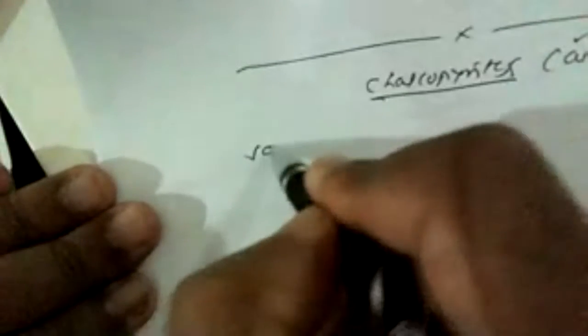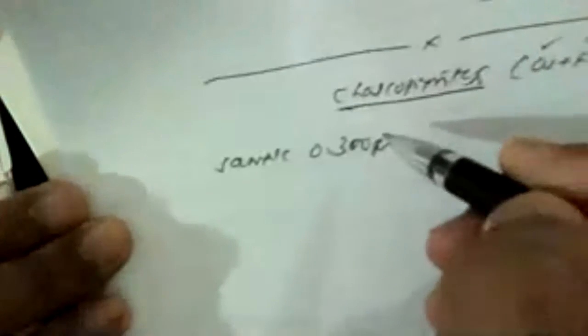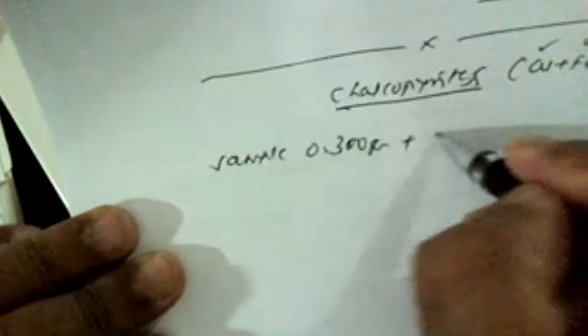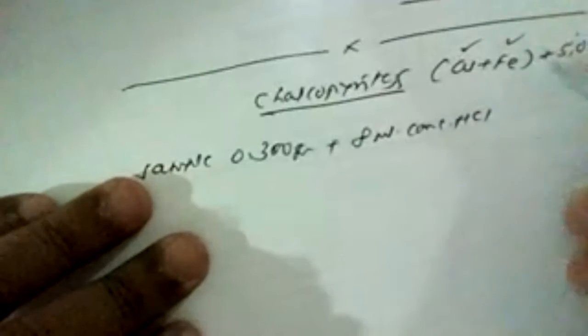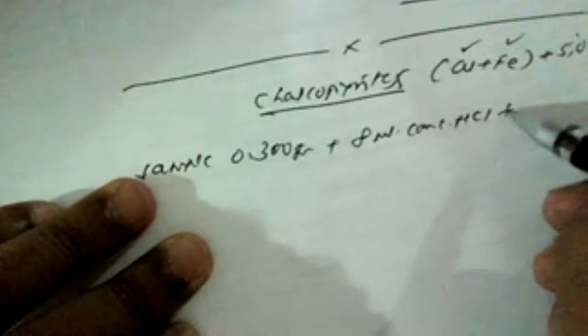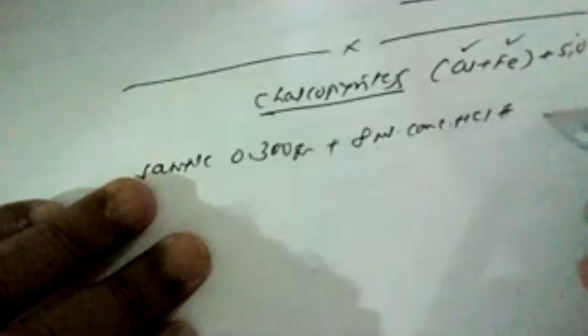Again, in this ore, as it is naturally occurring, it may contain silica material also, so we have to determine silica also. First of all, we have to take the sample, weighed around 0.300 gram, so 300 milligram. To this, we add 8 ml of concentrated HCl. All these chemicals are given in the procedure in the notebook. When I send you the procedure, you will find all these quantities mentioned.